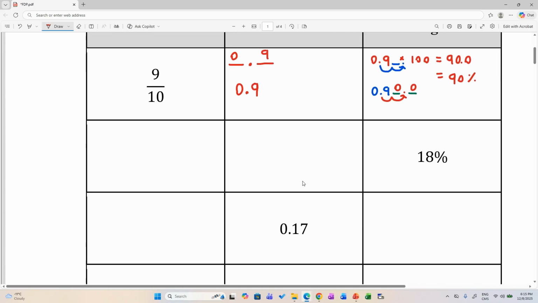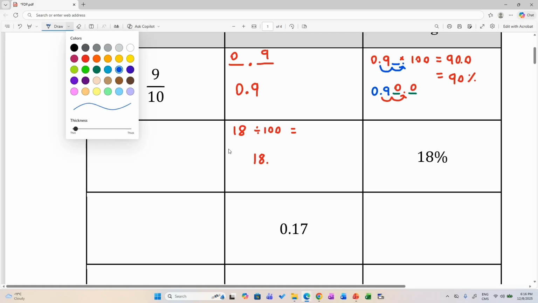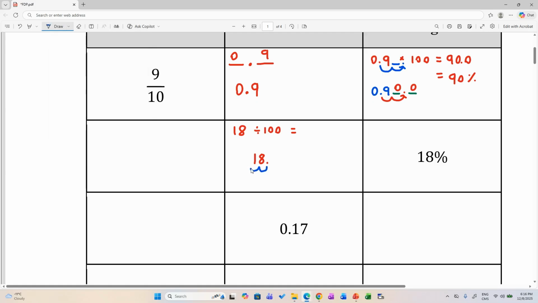Now, let's convert backwards. Since I have 18% here, to change a percent to a decimal, I simply write my percent without the percent symbol, and I simply divide by 100. Now, when you divide by 100, you move the decimal 2 places back to the left. Hence, I now have the decimal place here. And what I have here is a place value holder, which is a 0. Hence, my answer here should be